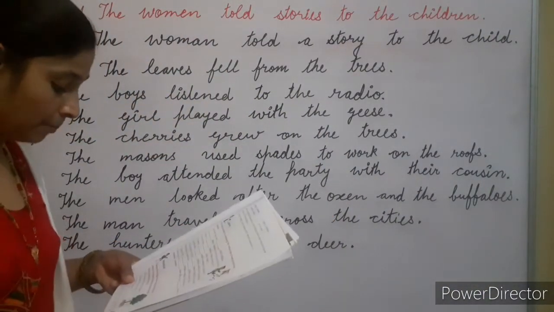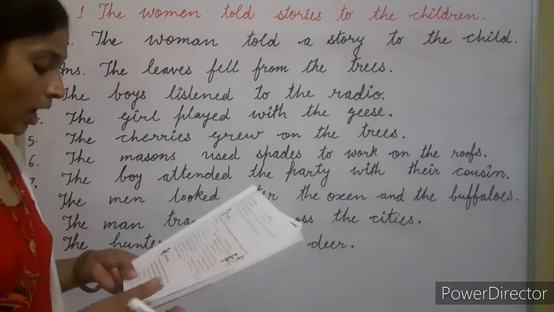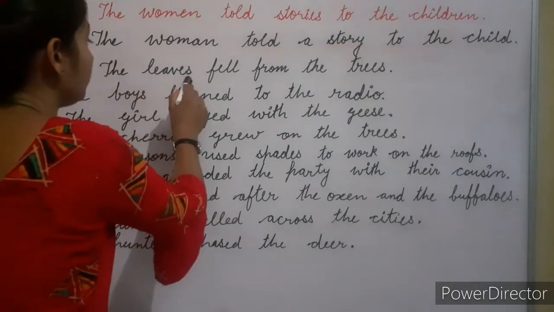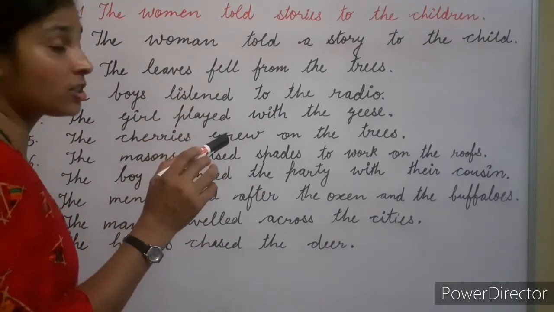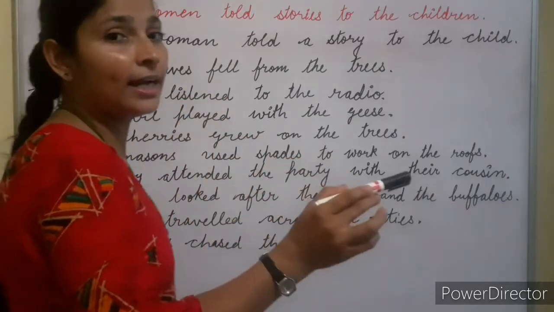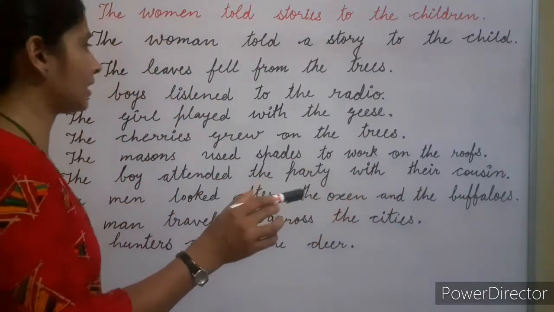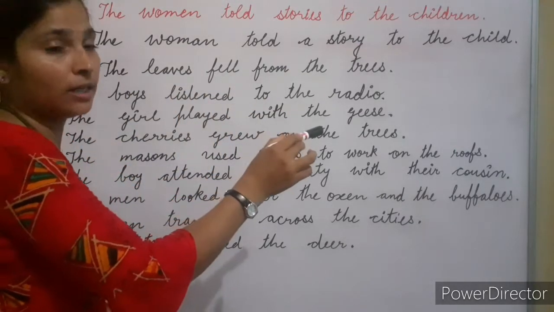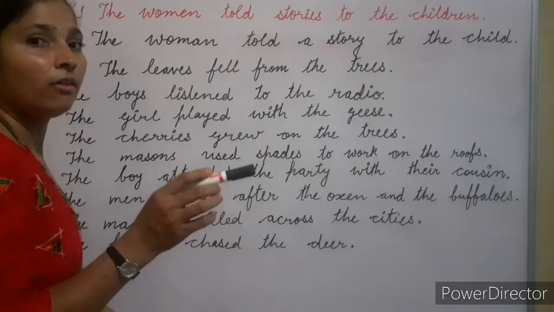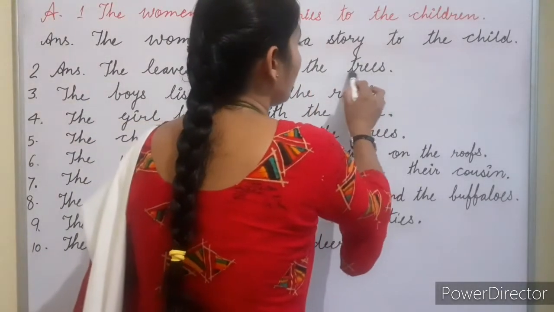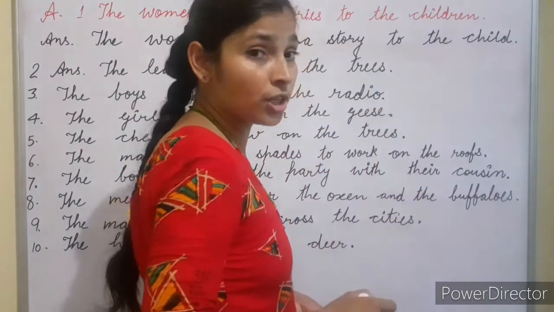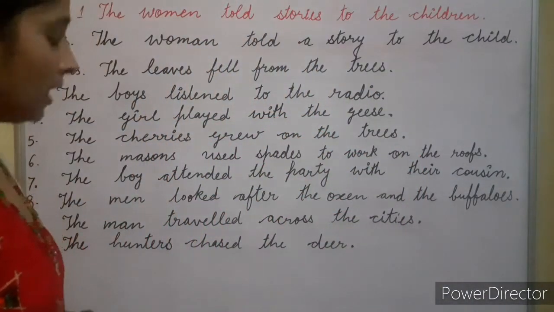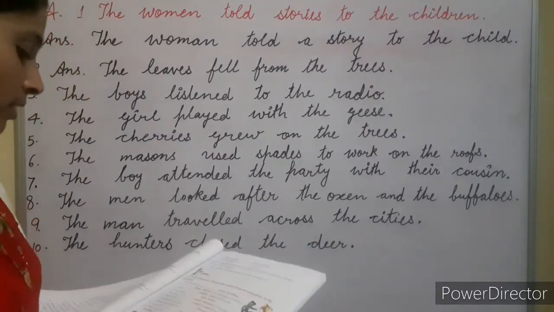Next question is: the leaf fell from the trees. Leaf आपका singular है यहाँ पर, और tree भी singular है. So आप क्या करोगे, इन दोनों को plural में convert करोगे. So you will write the leaves. F for F, E को हम किस में change करते हैं? V में. और what we are adding then? ES. और उसके बाद हम ES add कर देते हैं. So here also the leaves fell. Fell is your verb second form. Okay. Fall, fell. From the trees. Here trees is given in your question, so you will put here trees. It's plural. Clear?